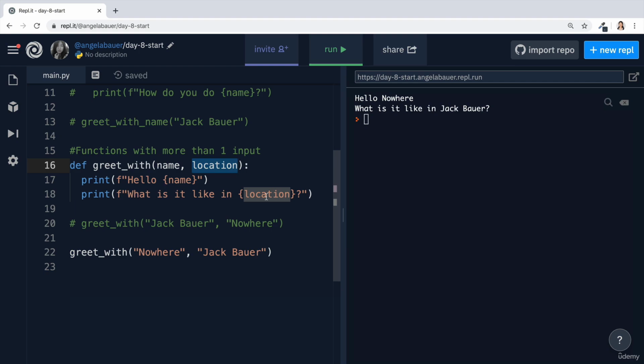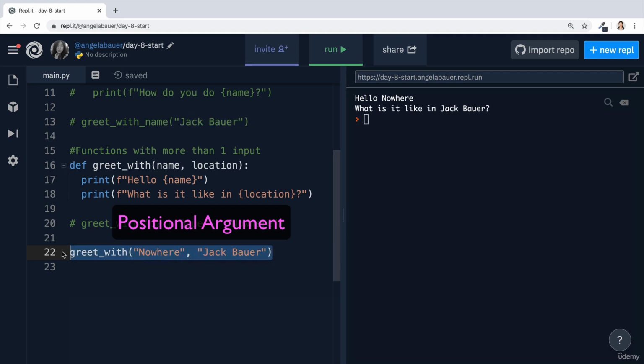So in this case, when it's actually gone in here, name is now equal to nowhere, which is why this line printed this, and Jack Bauer is now assigned to location, which is why it printed this second line, like so. And in Python programming, this is called a positional argument,